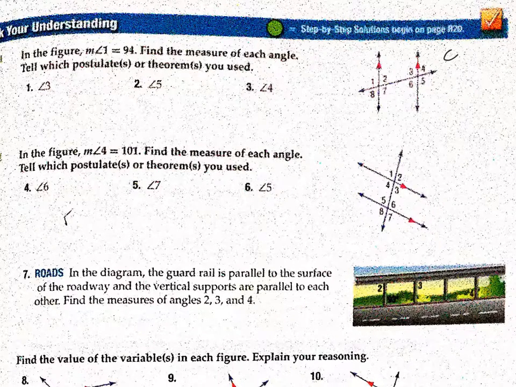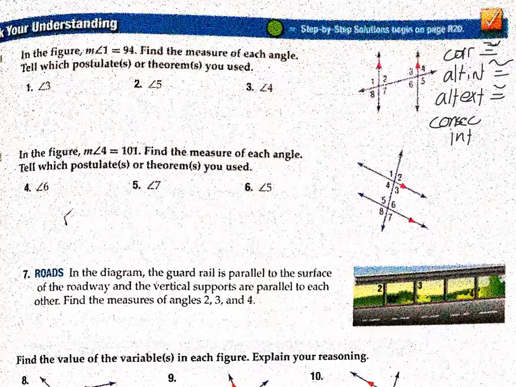I'm going to abbreviate here: corresponding are congruent, alternate interior are also congruent. Congruent, okay. Alternate exterior, also congruent. And then the last one, consecutive interior. Those are supplementary, so I'm going to put add to equal 180